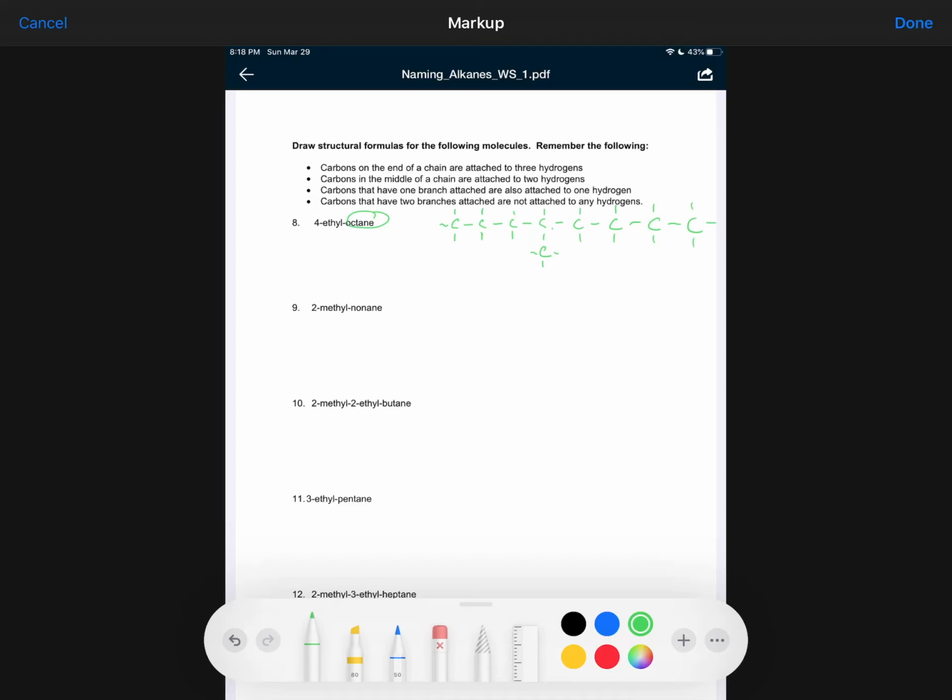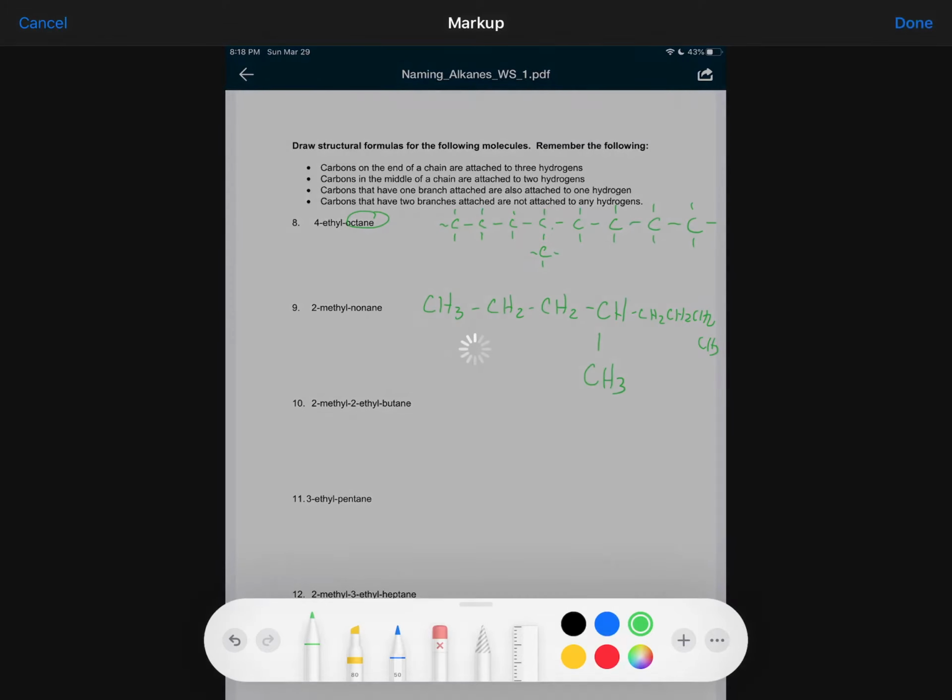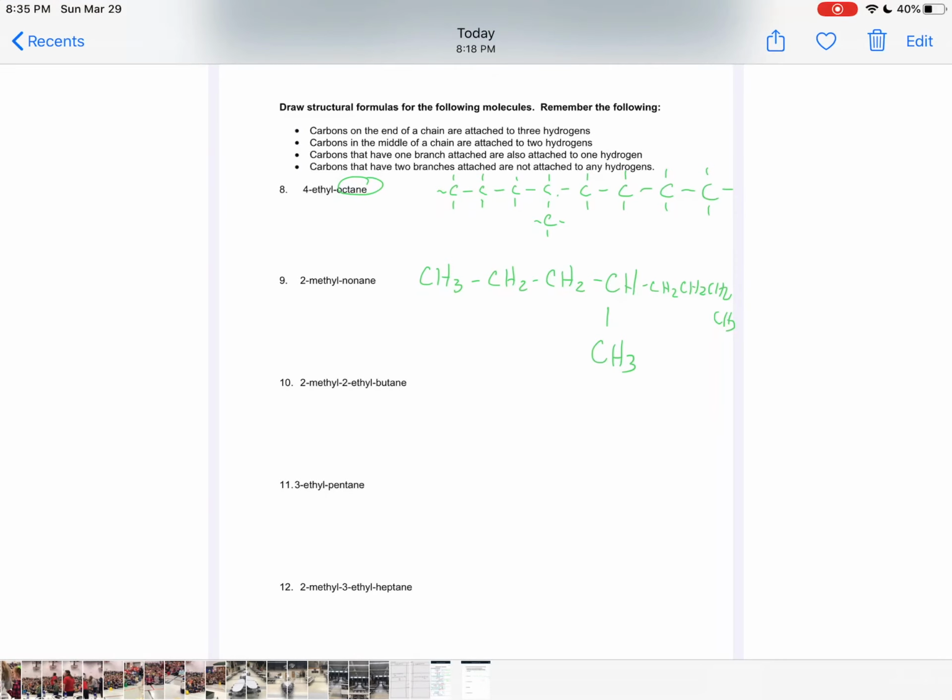So a condensed structure for this would be CH3, CH2, CH2, CH, CH3, CH2, CH2, CH2, CH3. I kind of ran out of room there. So that's the approach that you would use with that. So I hope this helps you complete